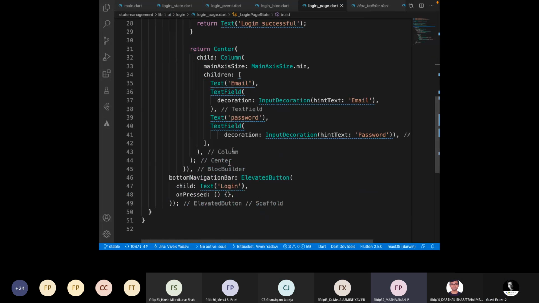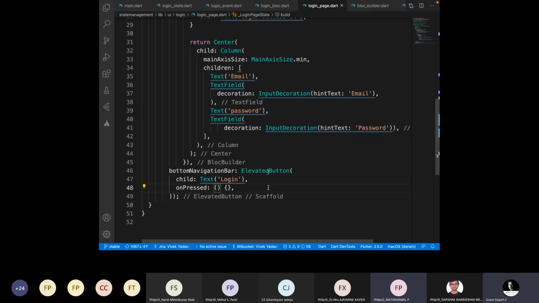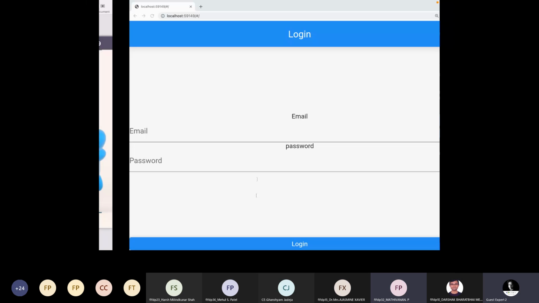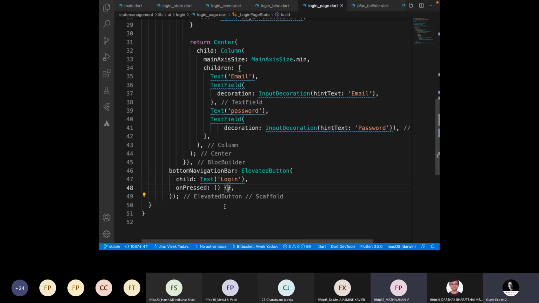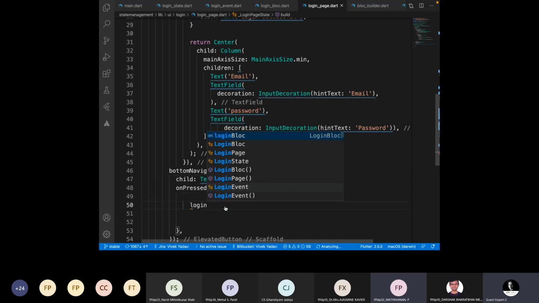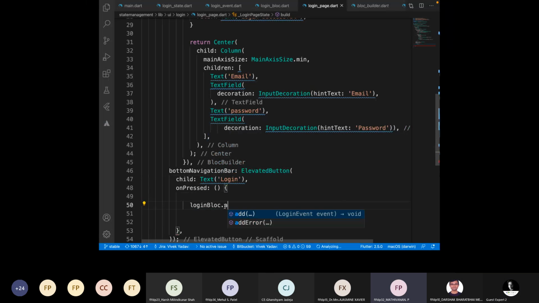Initiate an action. So here we can see that we have this elevated button, login. So we can see this login button here in the bottom. In the on-press function of this login button, what we can do is write this login block. So basically what we will do is login block dot add, and here I can add an event of login event,